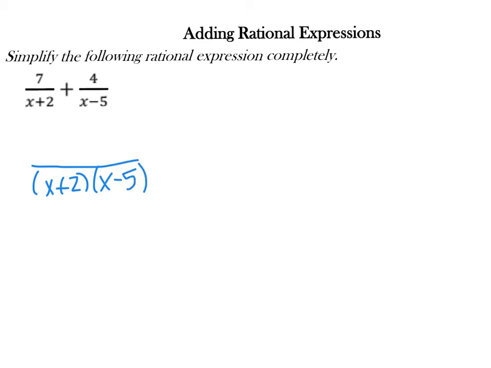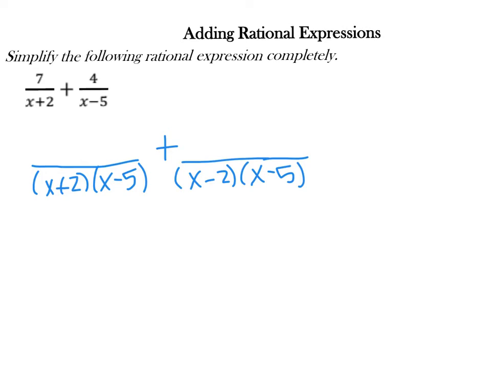When both terms are completely different and they have nothing in common, I'm going to have to multiply each fraction by the opposite denominator. So I have an x plus 2 and x minus 5. This is what I want my final answer to be in the bottom. So what do I need to multiply this fraction by to make it look like this, so that they both have both terms in the bottom? I need to multiply it by this x minus 5. So I'm going to go ahead and multiply the bottom and the top times x minus 5. When I do that, I have,